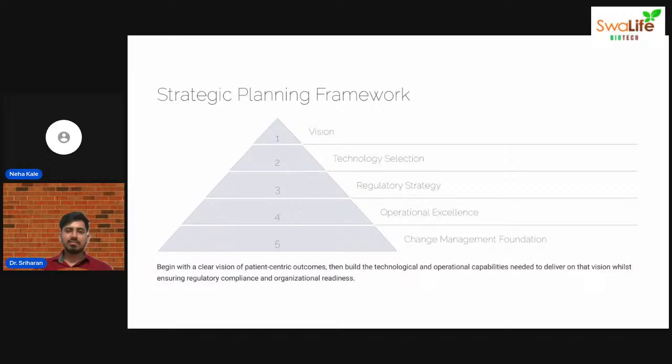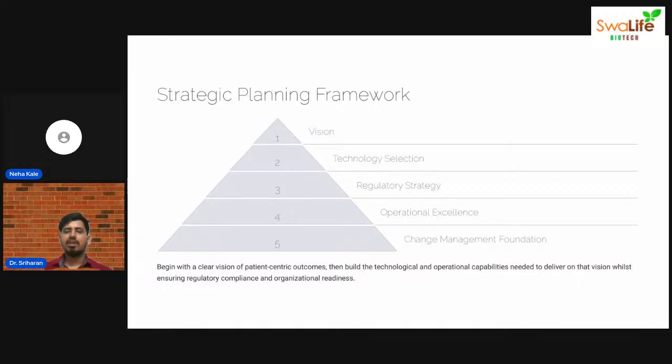Second is technology selection. What technology, and what is the FDA status of the selection; you want to take that into account. The third one is regulatory strategy. You want to get pre-certification from the FDA, or a novel methodology from the FDA or EMA, which will foster your study and get approval. And operational excellence is nothing but framing a clear SOP, a standardized operating procedure,